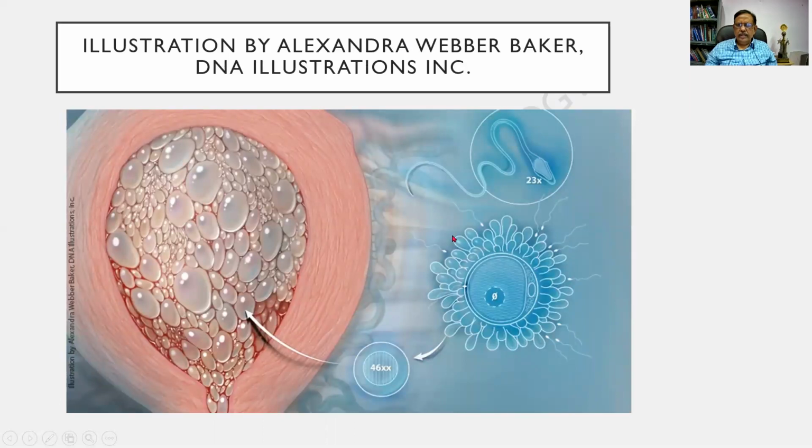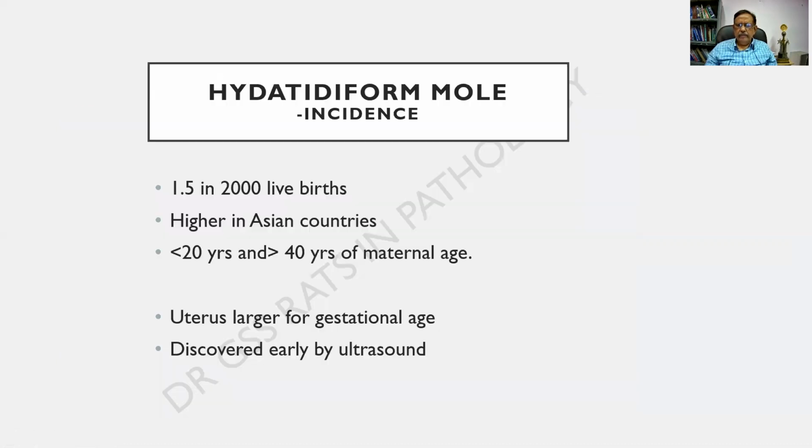This is a beautiful illustration picked up from the reference given above. There is a picture of a spermatozoon and then a zygote being formed, and finally, unfortunately in this case, it is abnormal and it develops into a hydatidiform mole. Beautiful vesicles that we can see. A nice picture, just have it in mind.